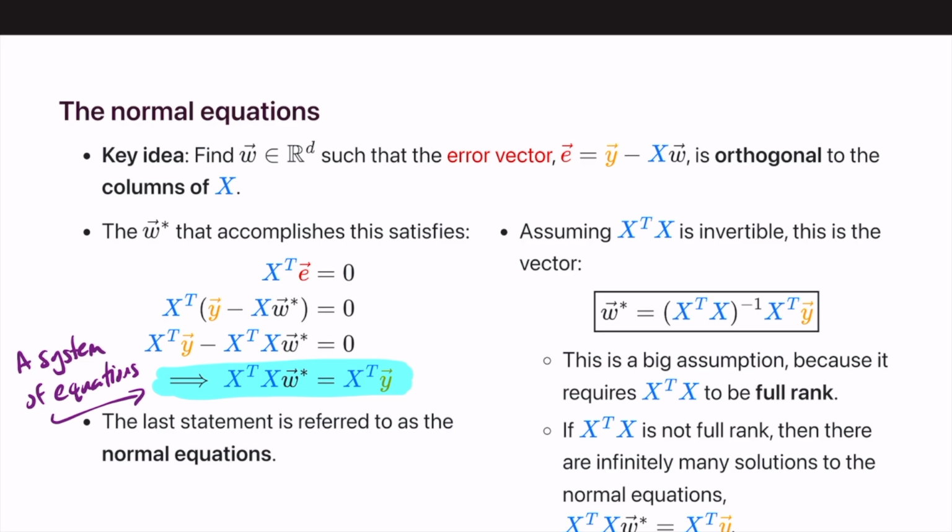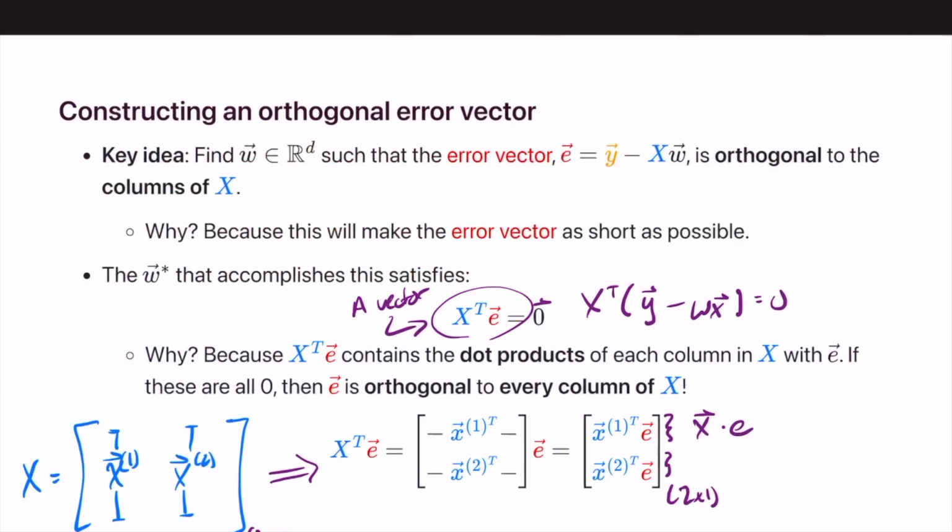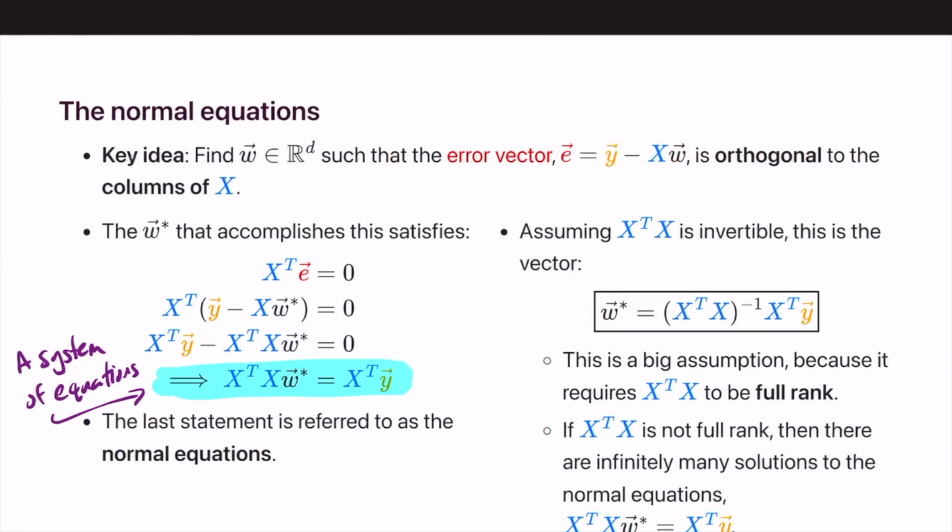And the system of equations that we got out of this, so we had this equation here that we can use to find W star. Since we know that, we can take this E and replace our error vector with the Y vector minus the stacked columns of our X vectors times some W, and if we put that in for E,